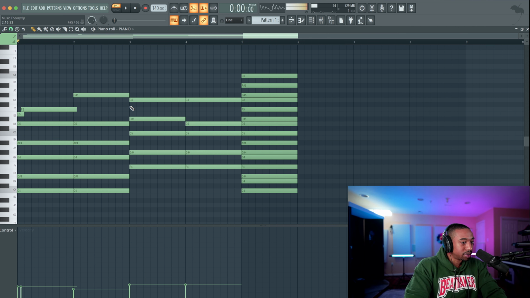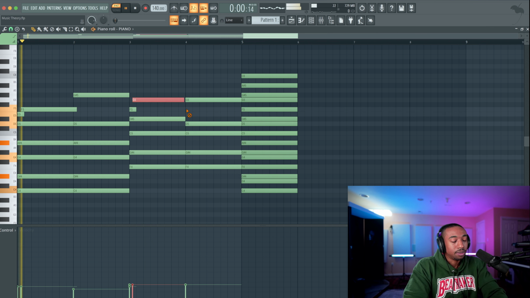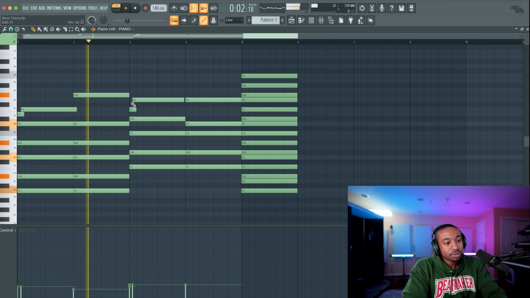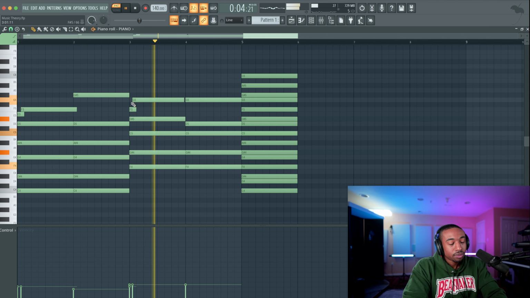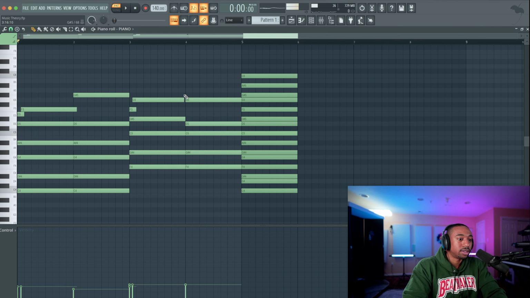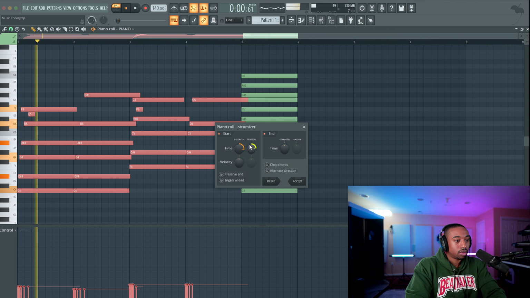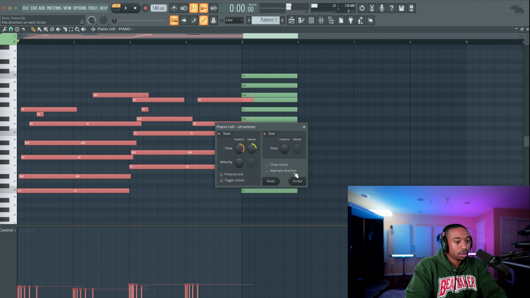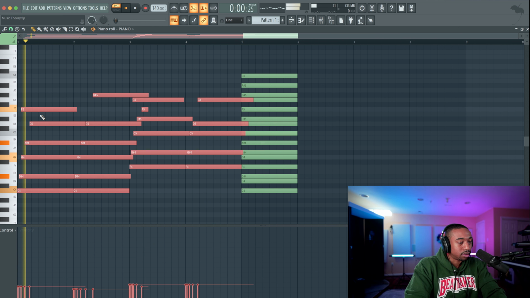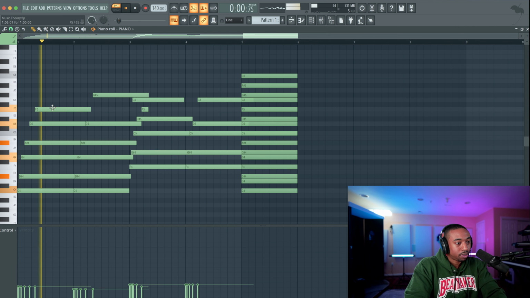Okay, so it's a simple technique. Just add a note below. Usually the next note down within the scale. Doesn't have to be. It can be a half step. See how it just bring, ding. Or you can play strum style, which is Alt S in FL Studio. And then you would take out this note. And you would play this more human.